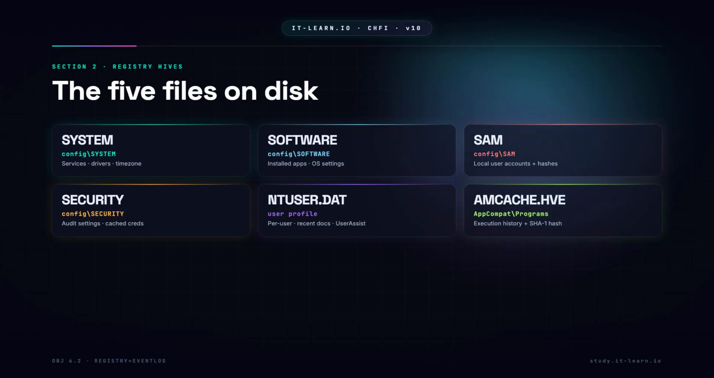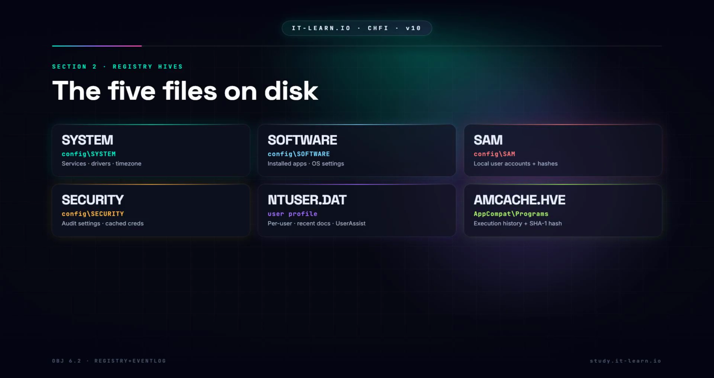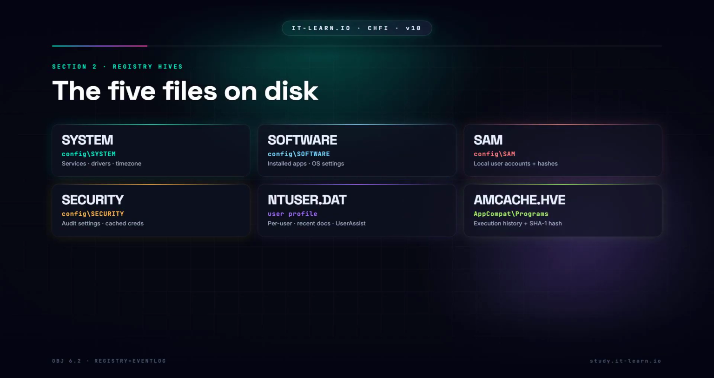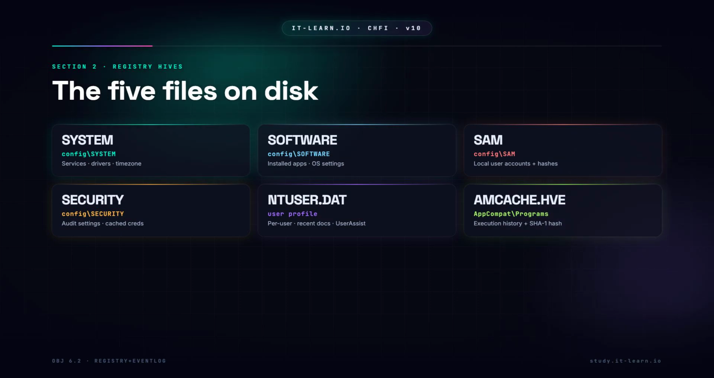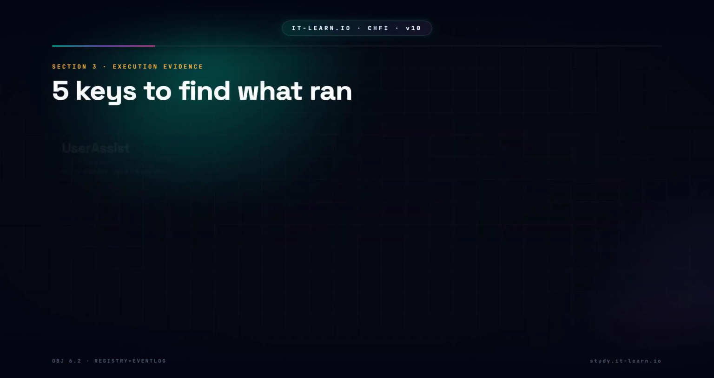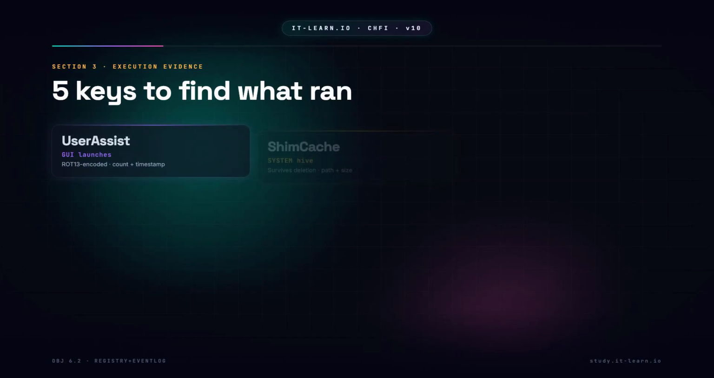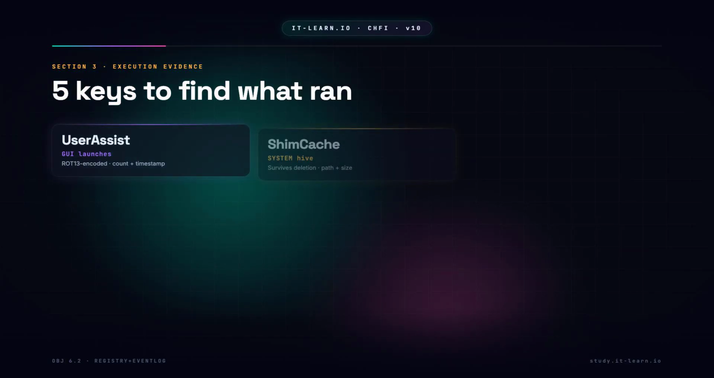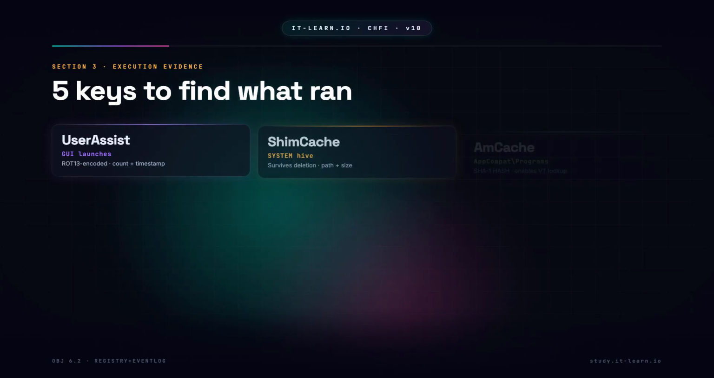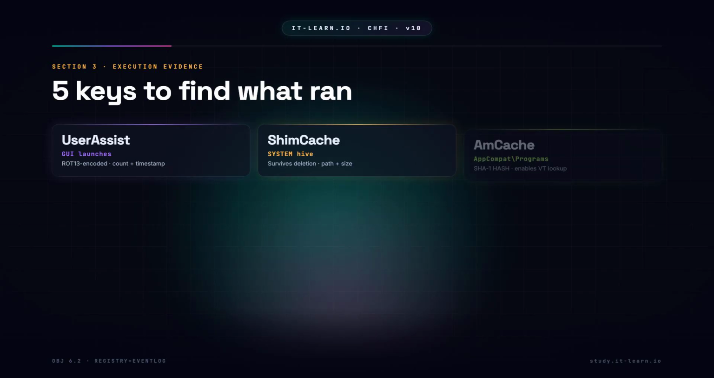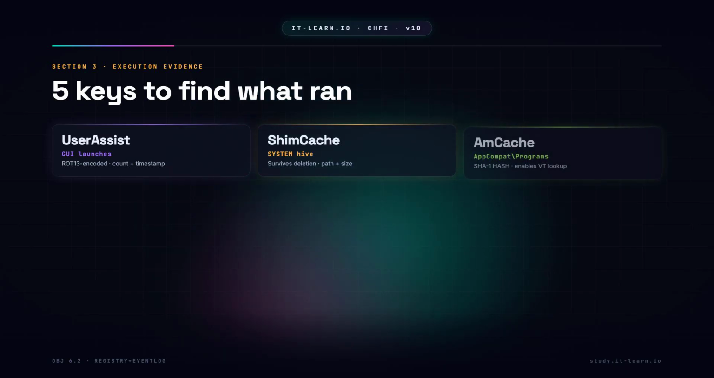NTUSER.dat, in each user's profile directory. usrclass.dat, in AppData Local Microsoft Windows, contains shellbags. AmCache.hve, at c:/windows appcompat programs, application execution history, the modern replacement for ShimCache, program execution evidence. 5 keys. UserAssist, at NTUSER.dat software, Microsoft Windows CurrentVersion Explorer, UserAssist, GUI program launches, ROT13 encoded names, execution count, last executed timestamp, decode